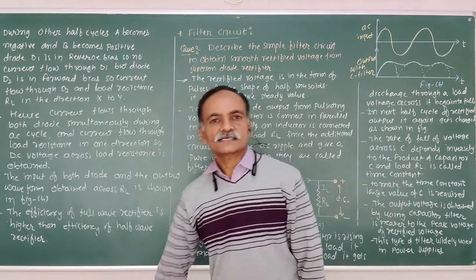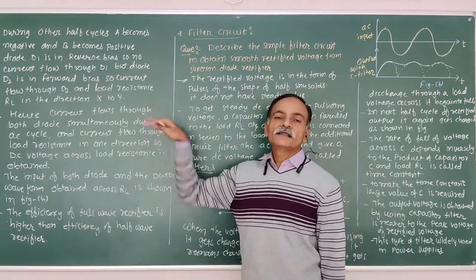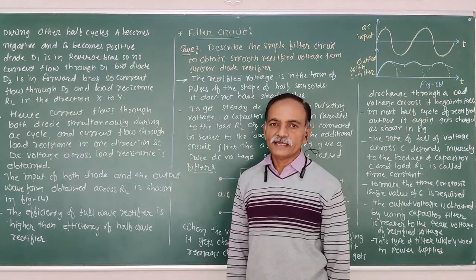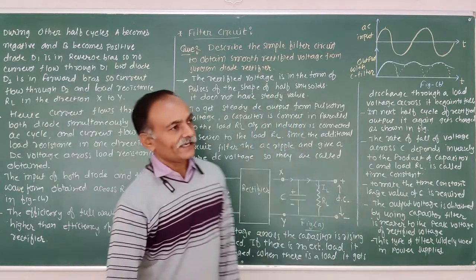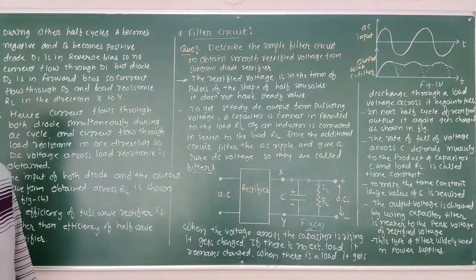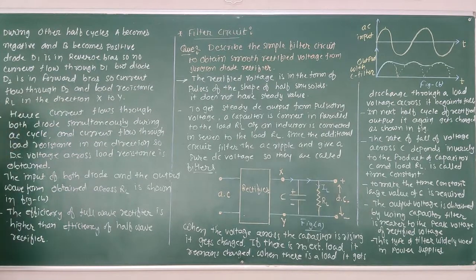Okay, just we discuss about that. When the negative half cycle is applied at the point A, point A becomes the negative and point B becomes the positive. That means during the other half cycle, A becomes the negative and B becomes the positive. So diode D1 is in reverse bias and diode D2 is in forward bias. Thus, the current flows through the